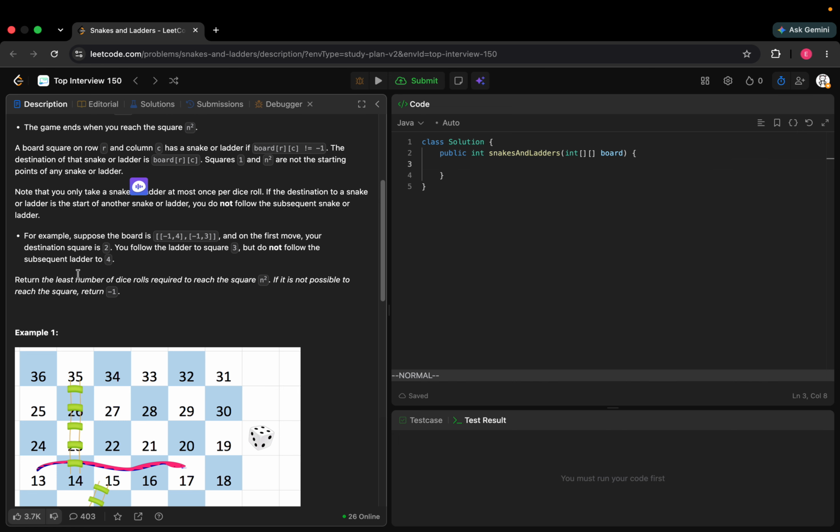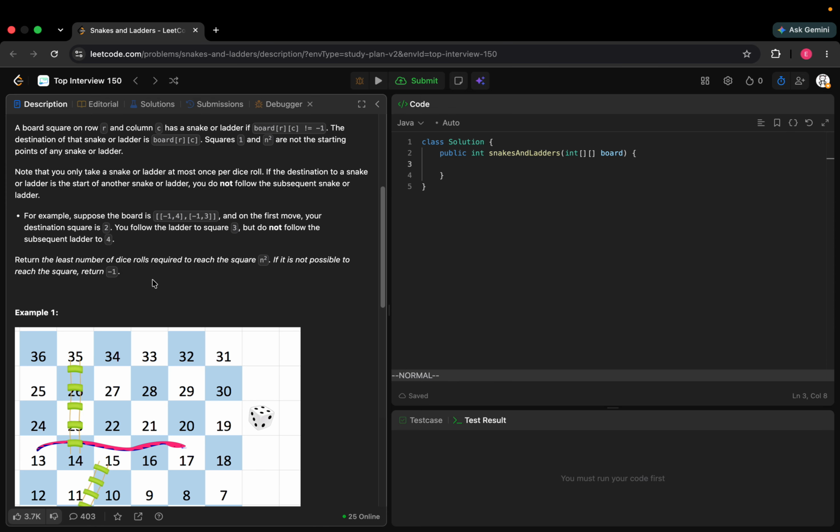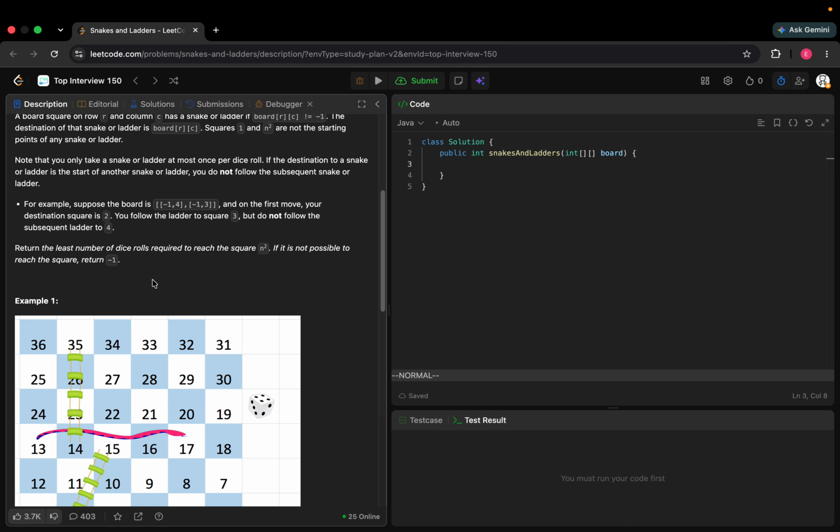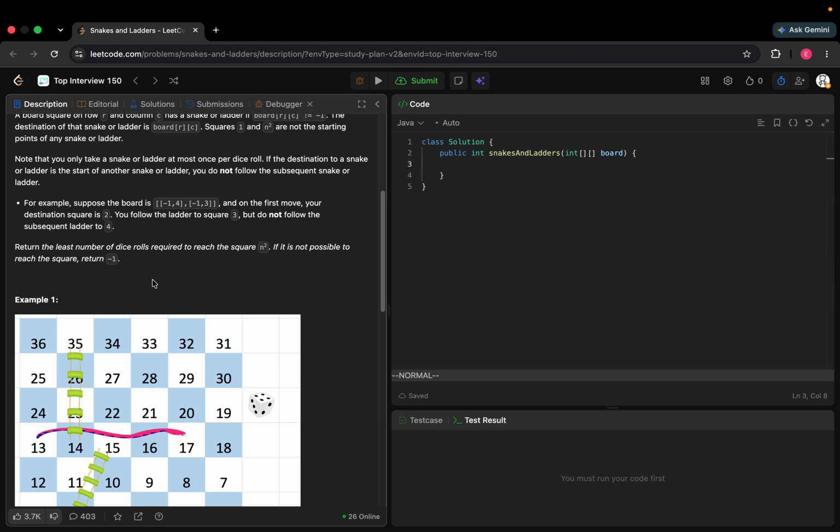So a board square on row r and column c has a snake or ladder if board[r][c] != -1. The destination of the snake or ladder is board[r][c]. Squares 1 and n squared are not the starting point of any snake or ladder. Note that you only take a snake or ladder at most once per dice roll. If the destination of a snake or ladder is the start of another snake or ladder,